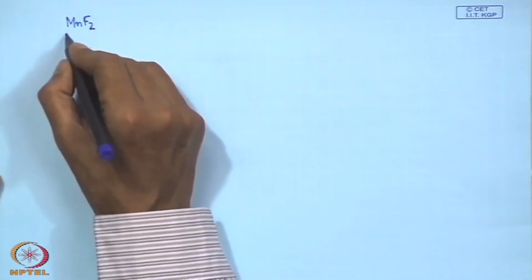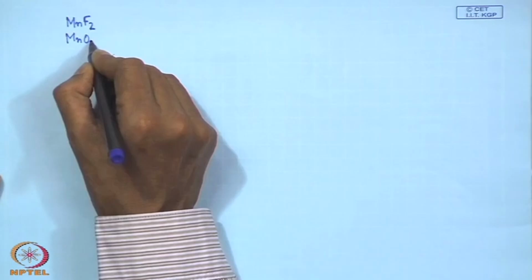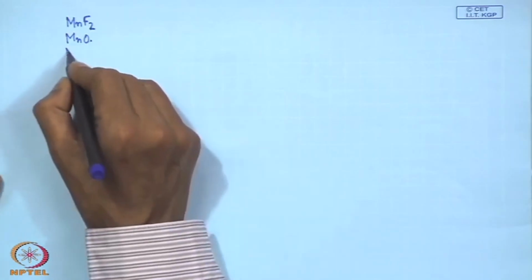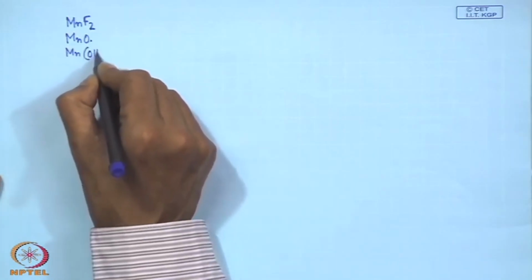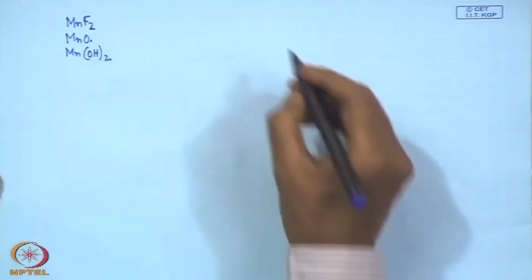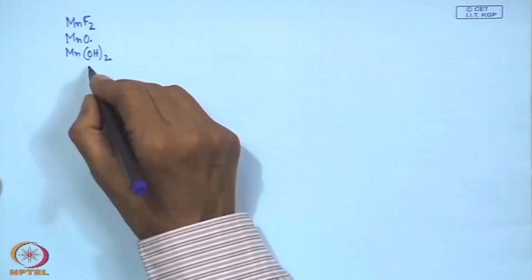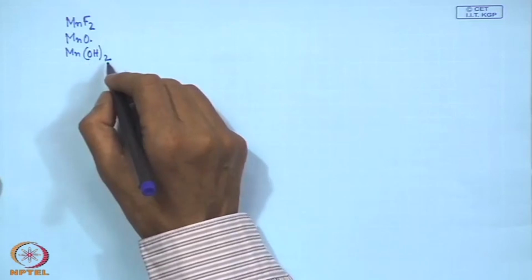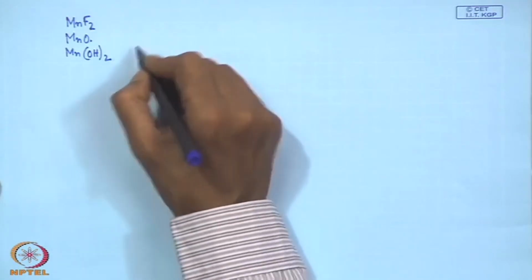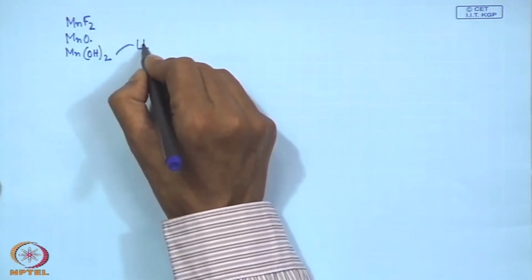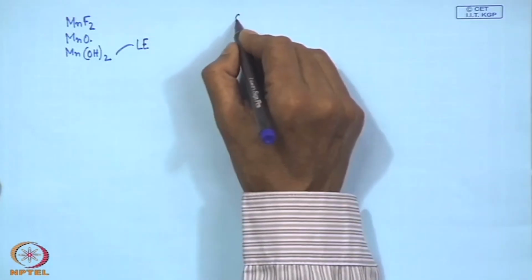Similarly, we can have the formation of MnO or MnOH, and this is the solid state, because in the solid state we are talking about the lattice energy values, but in solution